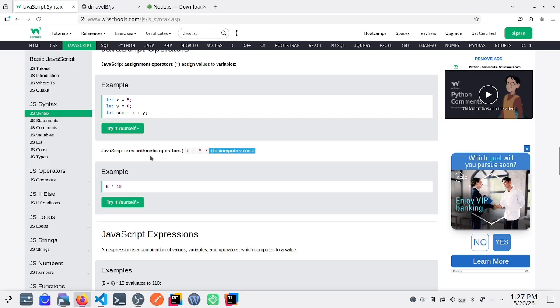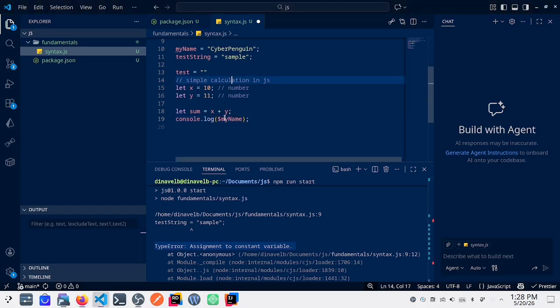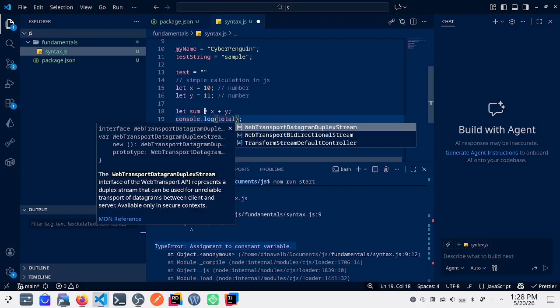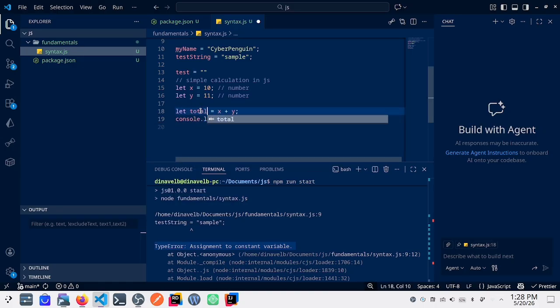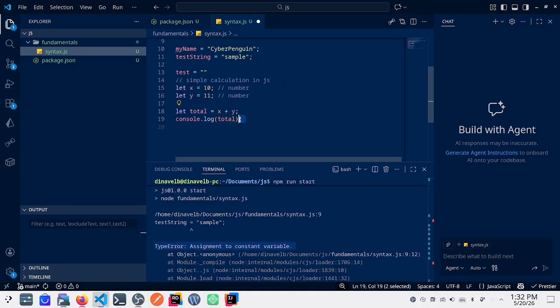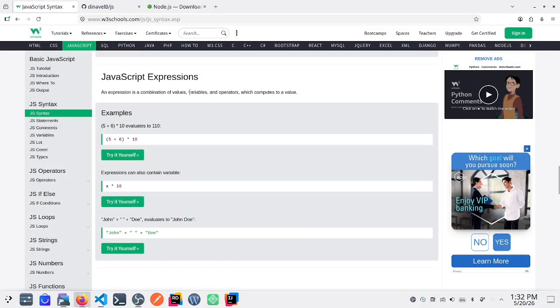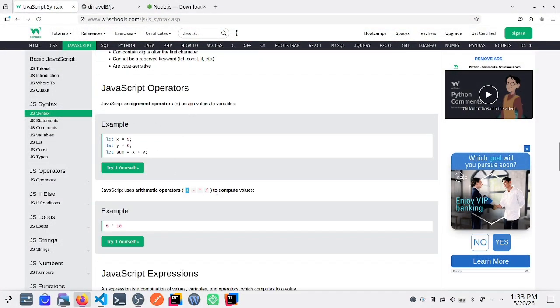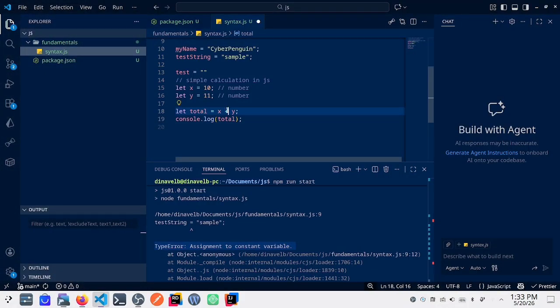So JavaScript uses arithmetic operators such as plus, minus, times, and divide. We can do that actually. So for sum, you can just say total. Here we have the JavaScript operators: plus, equals, multiplication, and division. So we can try that, like minus.